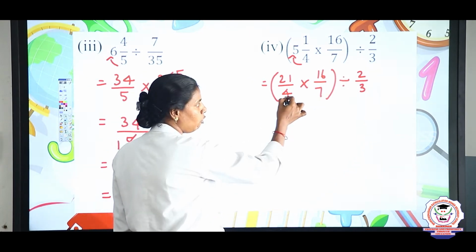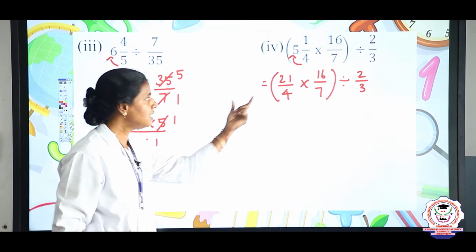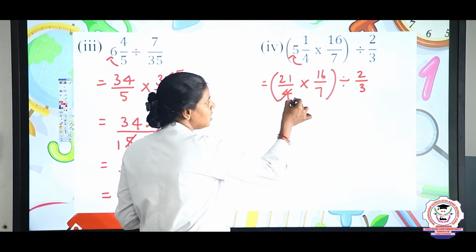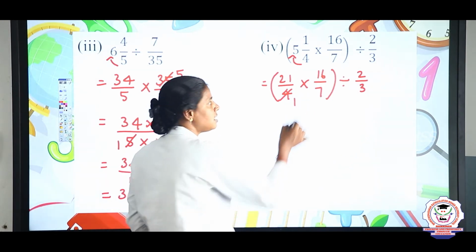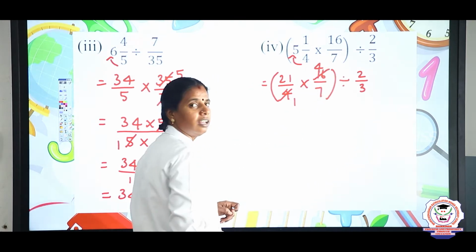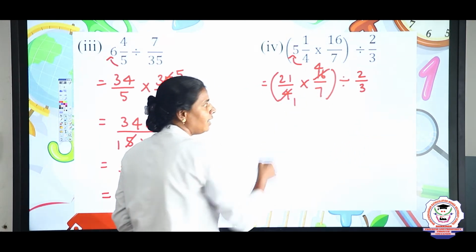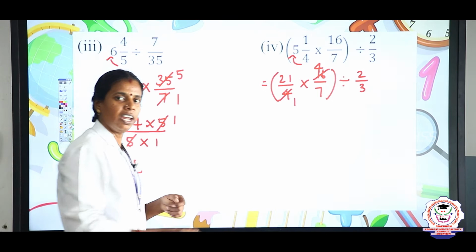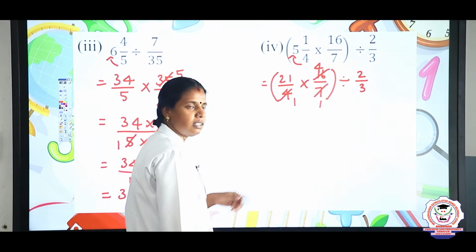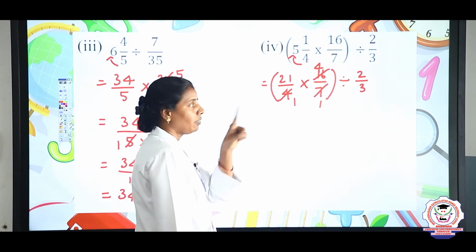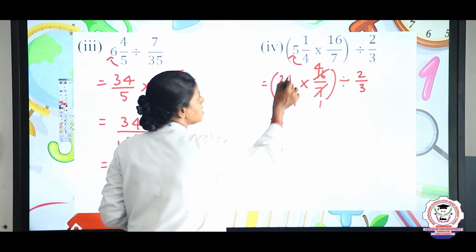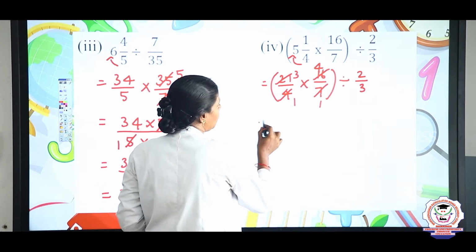Now, 16 and 4 are there. So you can cancel this 16 and 4 in the 4 table. How many times can you cancel here? 1 time. And 16 how many times in 4? 4 4s are 16. Okay. And 21 and 7 have a common factor in the 7 table, right. So you can use the 7 table here children. 7 how many times in 7? 1 time. And 21 how many times? 7 3s are, yes, 7 3s are 21.